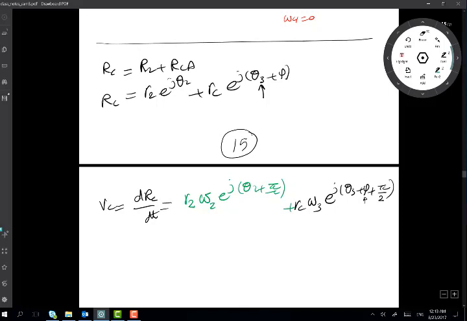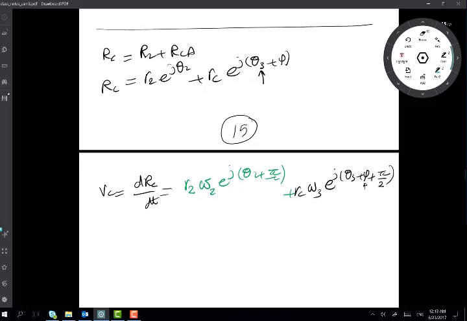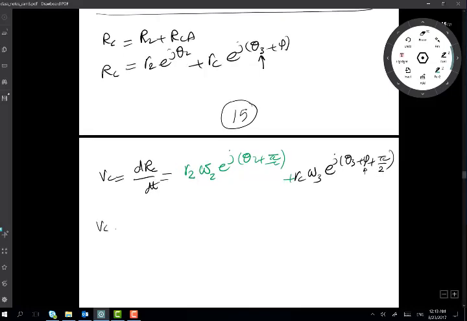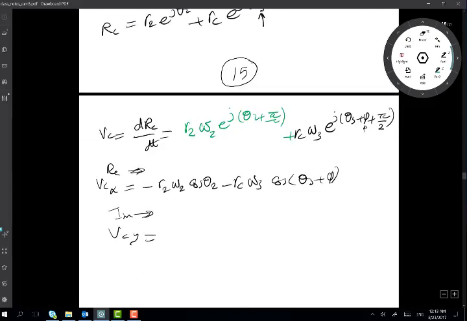So because link 3 was rigid, that's what I have, and I need to break those down into real and imaginary. Real is the x-axis and imaginary is the y-axis. So when I go VC in the x direction, which is really the real value, right? So that's real. You know how real was R2 omega 2 cosine theta 2 minus RC omega 3 cosine of the angle theta 3 plus phi, and the imaginary would give me VCY, the y component, which is